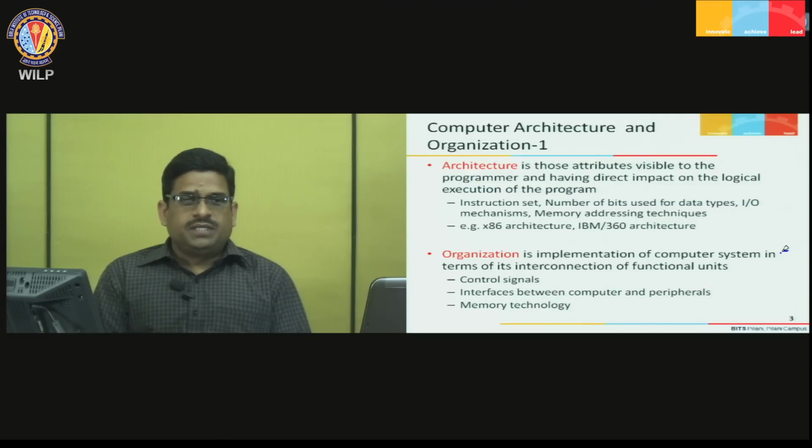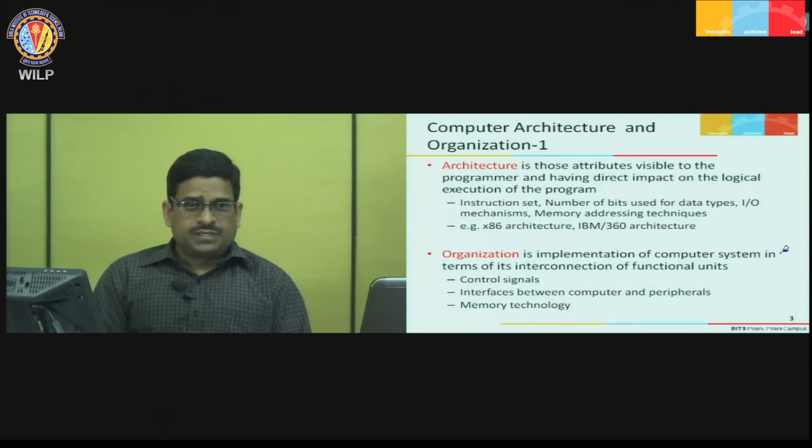Architecture is basically those attributes which are visible to the programmer and have a direct impact on the logical execution of the program. Attributes like the instruction set, the kind of operations which can be implemented or used on the machine,